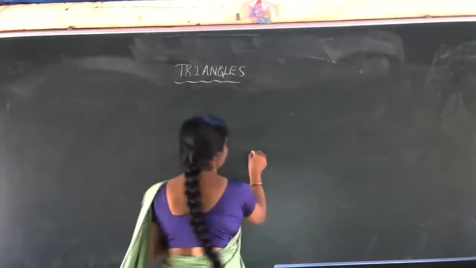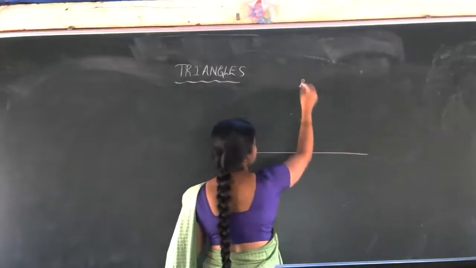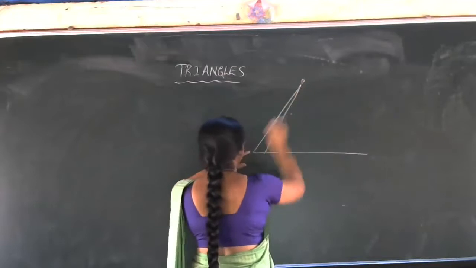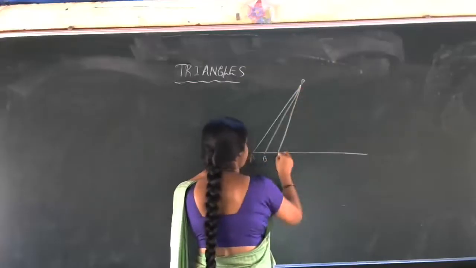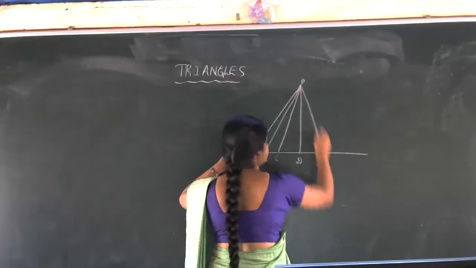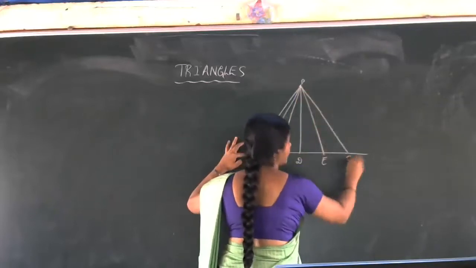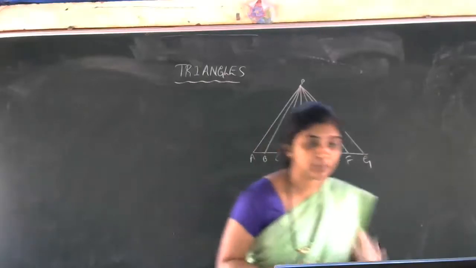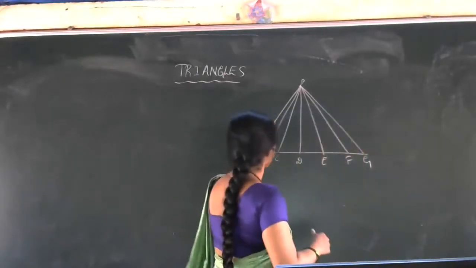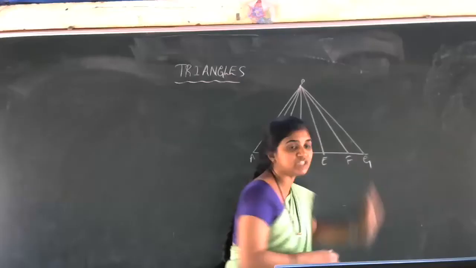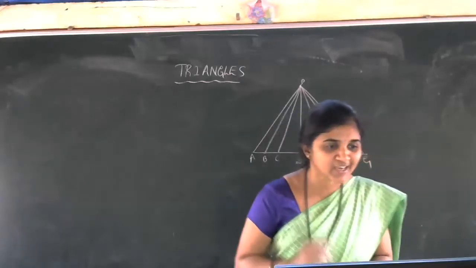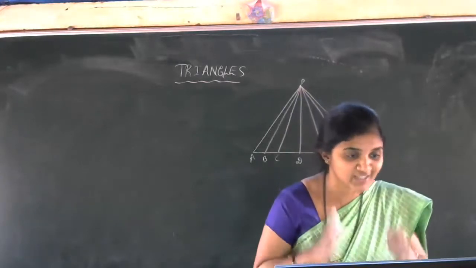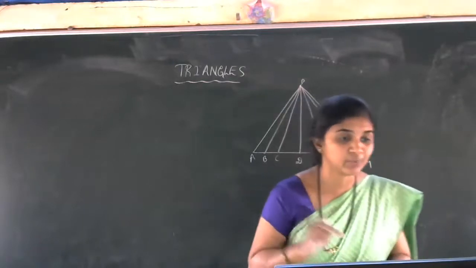Okay, so for example, here is one point, and we have to reach the point. We can draw lines like this, no? PA, PB, then PC, then PD, PE, PF. Many ways are there to reach point P. But among all these PA, PB, PC, PD, PE, PF, PG, which is the shortest distance actually? The perpendicular distance, the 90-degree direction, is the shortest distance. That one we have to prove in this problem.